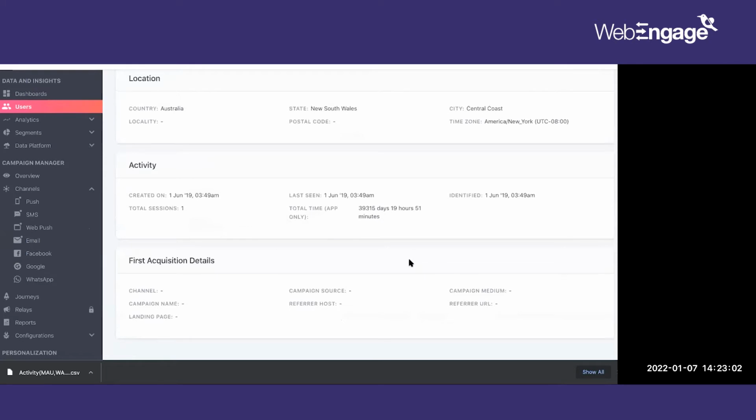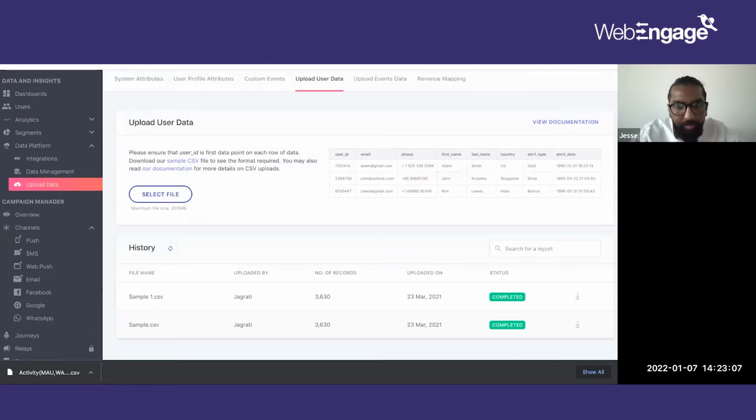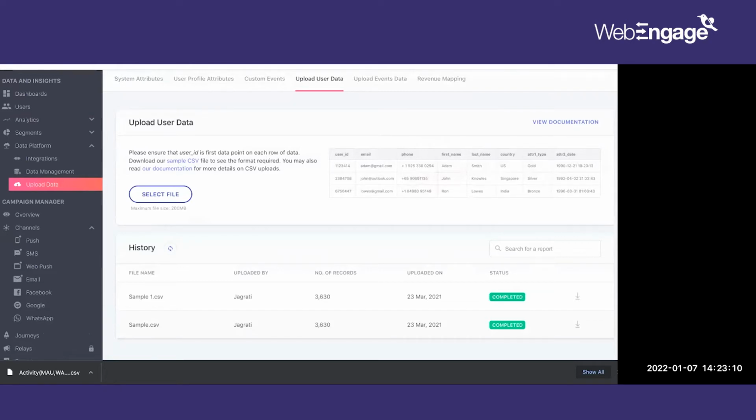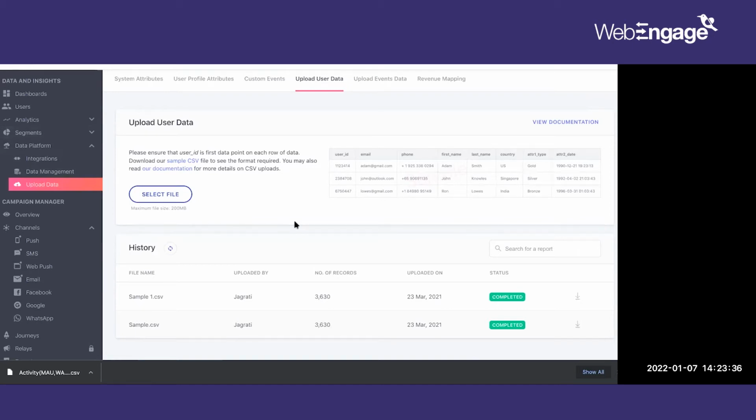Got it. And let's say I want to reach out to them offsite, maybe on Facebook or Google. Those kinds of campaign management, because they can't opt out of that, obviously. So how to do that? I'm sorry, I think somebody else was going to ask the question. So if you want to target these users specifically, I will cover that under the segment creation section. Just wait on, I will tell you how to do it on Facebook and Google.